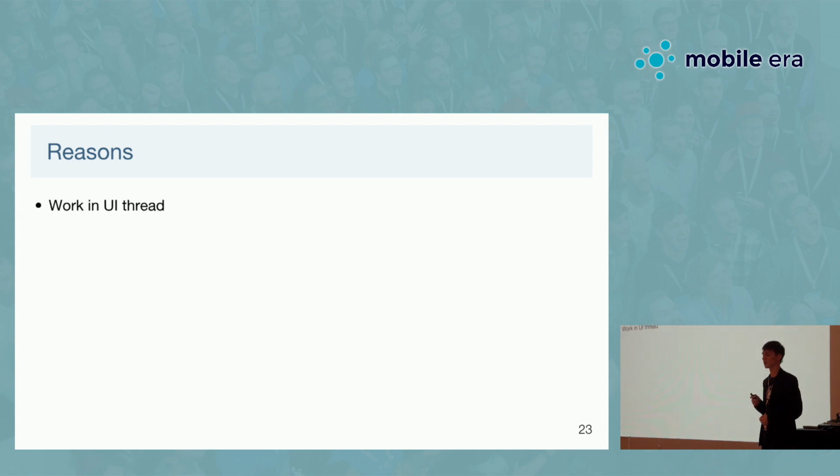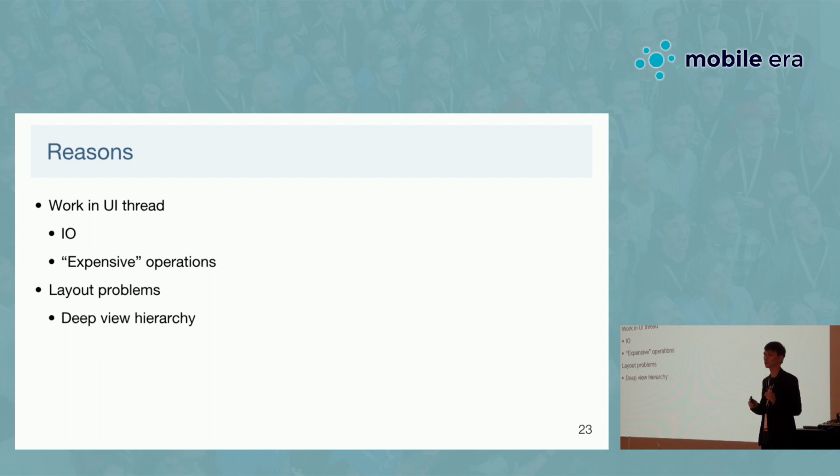Usually, first of all, it may be some work on the UI thread. For example, input-output, you are working with the database. Previously, it might be some network, but now we will crash, and yeah, it's not the case actually. And there might be some expensive operations. For example, you're working with maps, and you are trying to calculate some route directly in your main thread. That's a bad idea. And another category is layout problems. Maybe you have too deep a view hierarchy, or just lots of views, some overdraw between them, or problems with transparency. And these things we'll discuss today.